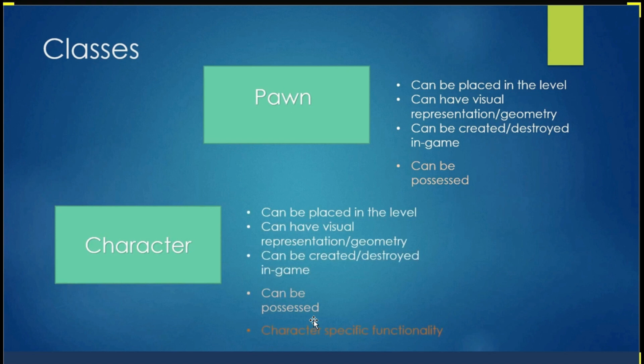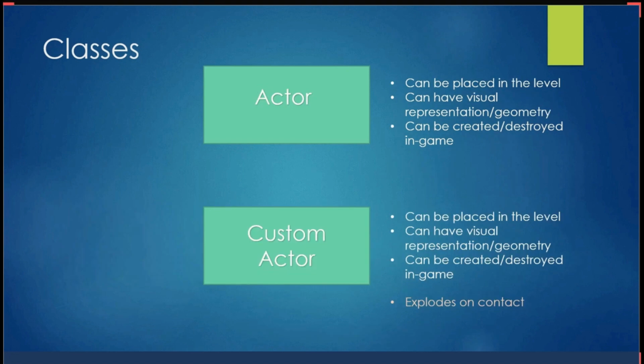It has all those characteristics like color, like textures, like other properties which will make it actionable in terms of movement within the world. These characteristics are not there for, let's say, a point light or for just a pawn itself. So these are very specific characteristics of the character itself. And those are more specific details, but for now it's enough to understand that the character is a more specific type and that it inherits features from the actor class.